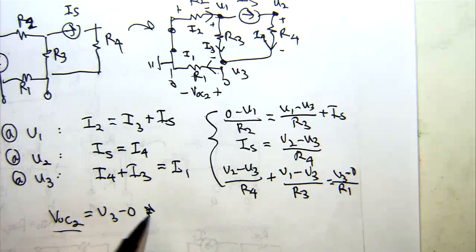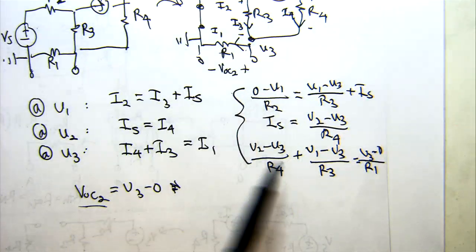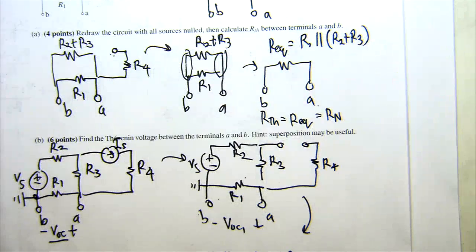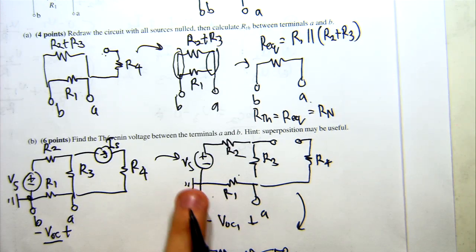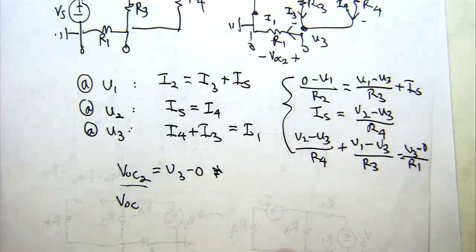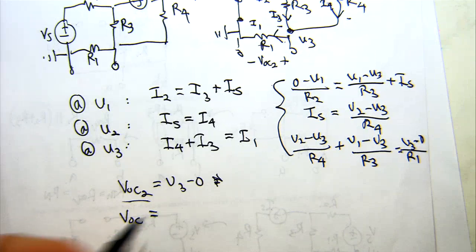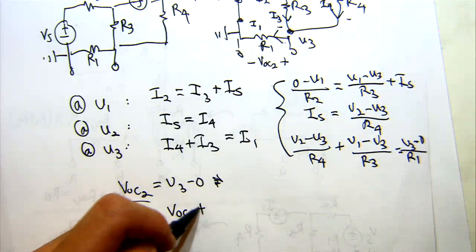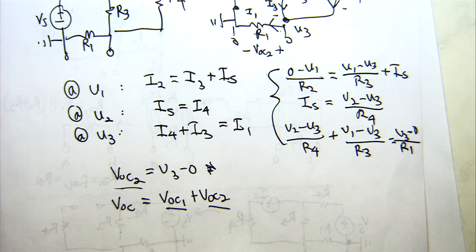So if I have this second open circuit voltage, and let's say you've solved these equations for what that node voltage is, then at the very end we can go back to what our original problem was, which was we wanted to find the open circuit voltage here, right? So we found the first open circuit voltage when we turned only Vs on, and then when we solved these equations for U3, we get our second open circuit voltage. This open circuit voltage at the very end, where we have both sources acting together, will just be the sum of VOC1 and VOC2. So if we substitute in the expressions there, then we should be able to find what that would be. There's a question?